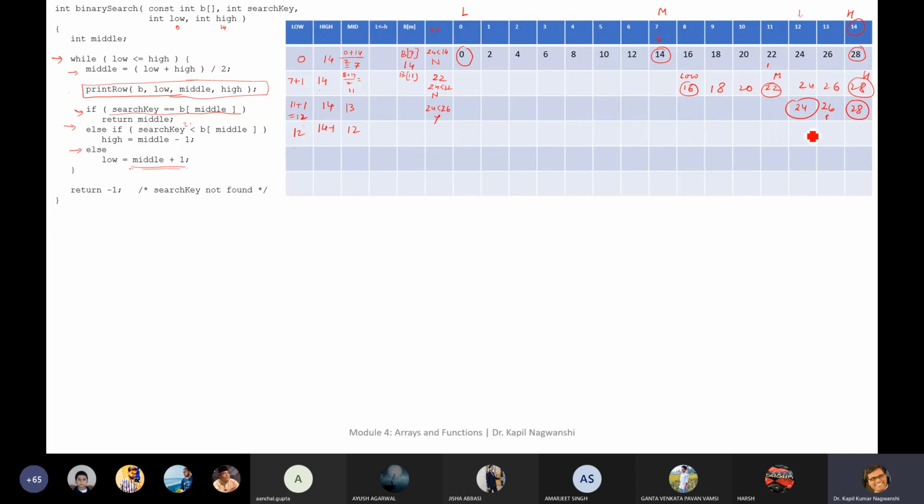Now just check the middle value. B12 is 24, and this is our search key. Yes, now it will stop. So what will it return? It will return location equals 12, and the element is found.